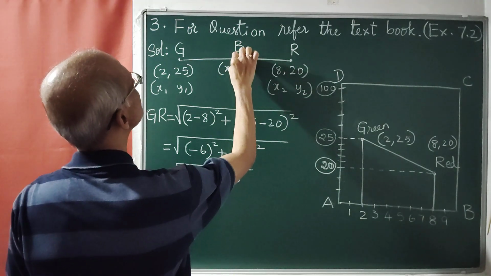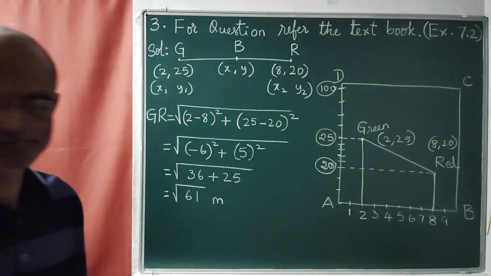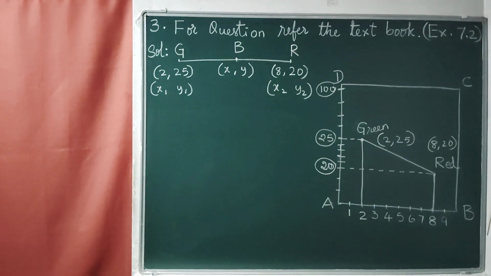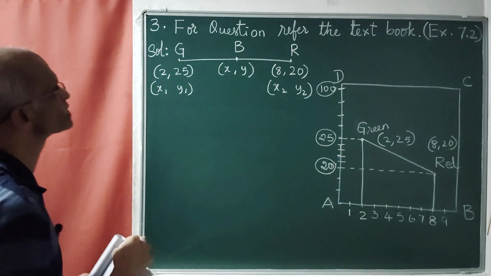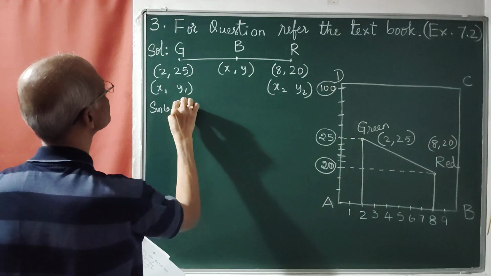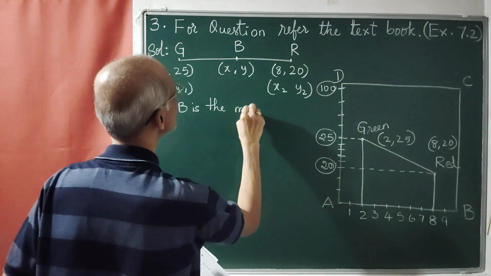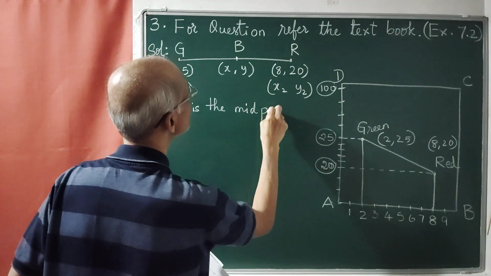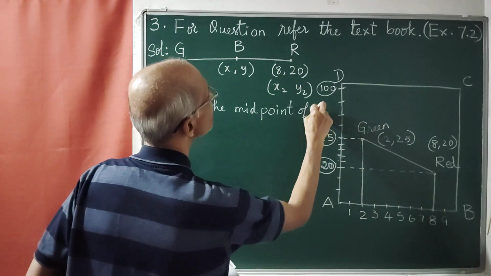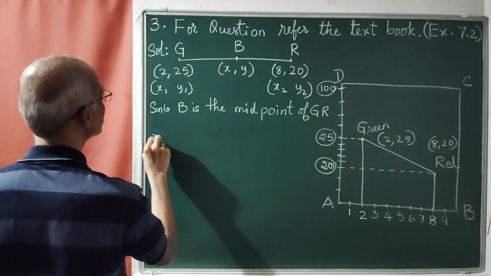This B is the midpoint of this distance. Since B is the midpoint of GR, so xy